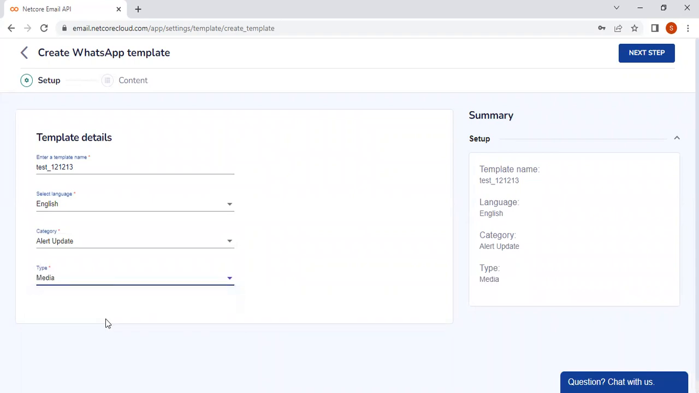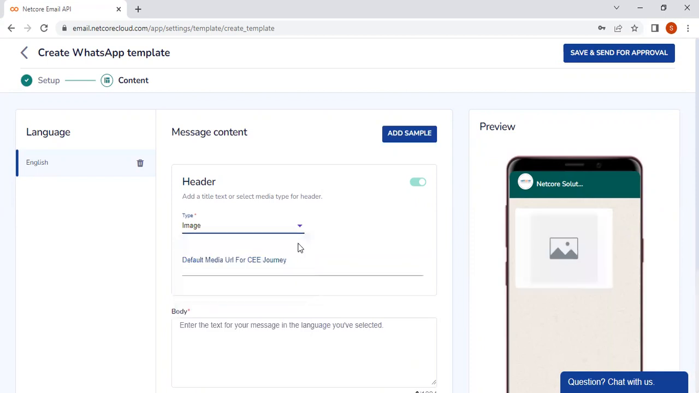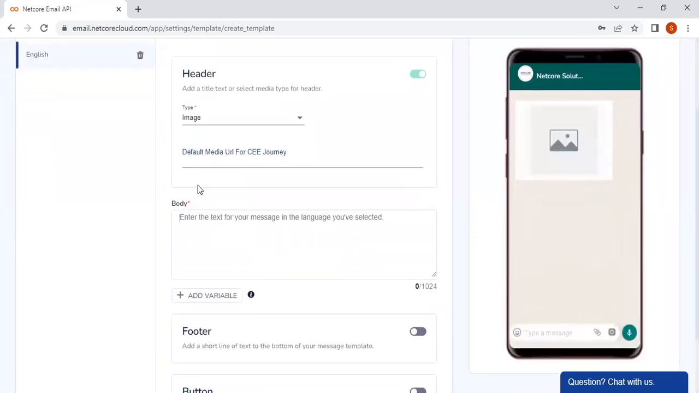Let's say I select media, and if I go to the next page, it will ask what your header will be, whether you are sending an image, video or document. As per your requirement, you can choose your media type. Let's say I chose image, and here is the body part. Whatever message you want to send, you have to write over here. You can type your message content, for example, hi, or this is your